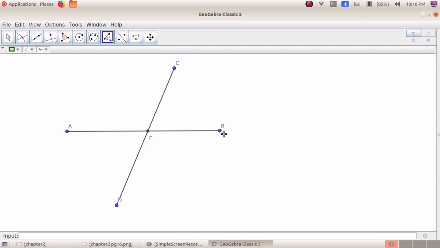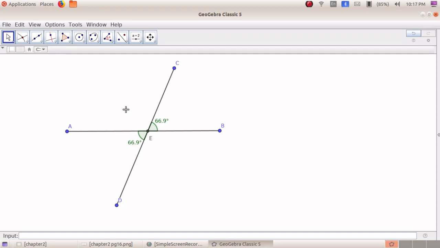Click the points B, E, C. Okay, I got an angle this side. I want the opposite angle also. For this, click on the points A, E and D. So I got these two opposite angles. Click on the move tool, and you can see it clearly.